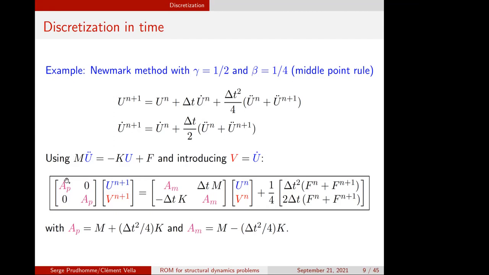The system that we obtain basically is going to be very similar to the one we obtained before, with some little differences. For example, we had A before, now we have this AP matrix, which is given in terms of M and K. And we have also a few little differences. The good thing is, of course, that this scheme is going to